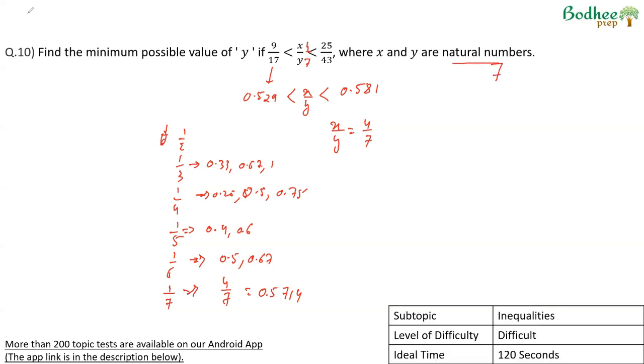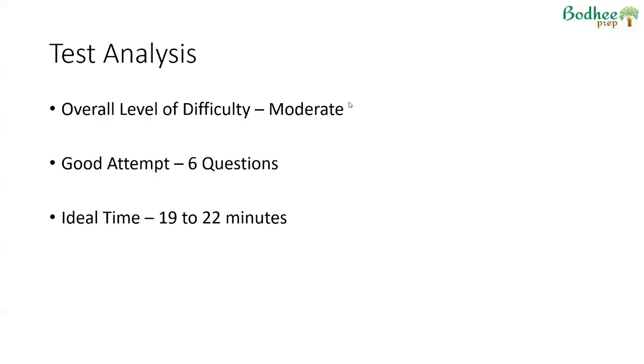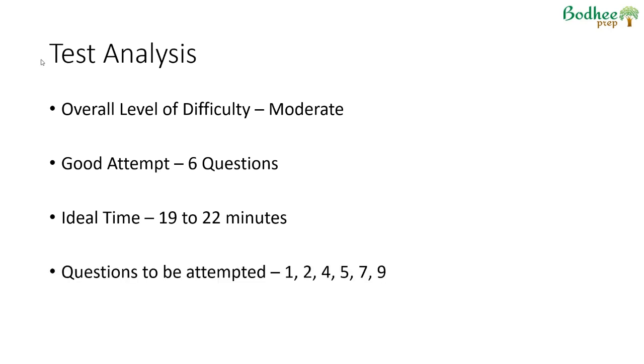I would call this a difficult question unless we know that we can go about it in this way. It might not be something that strikes very quickly. So if you look at the overall test, as I said, moderate to difficult level, we're looking at about 6 questions. If I have to choose my 6 questions, they would be 1, 2, 4, 5, 7, 9, which